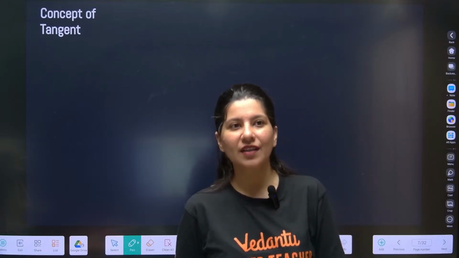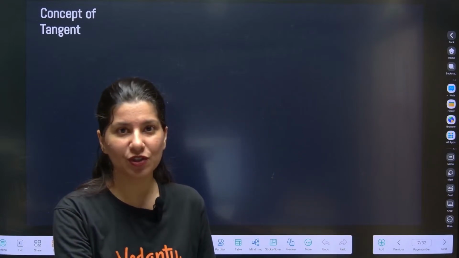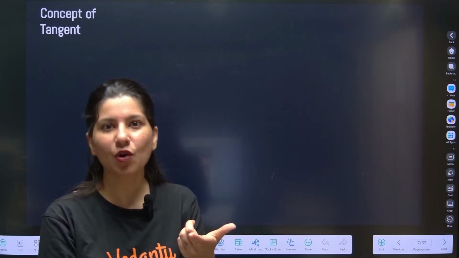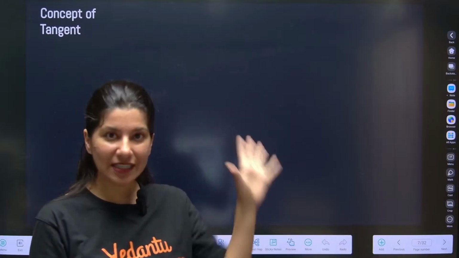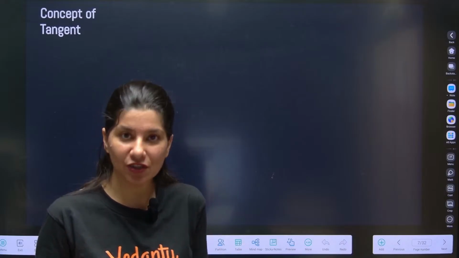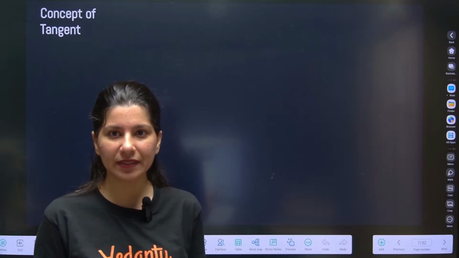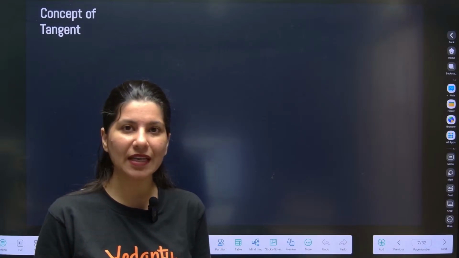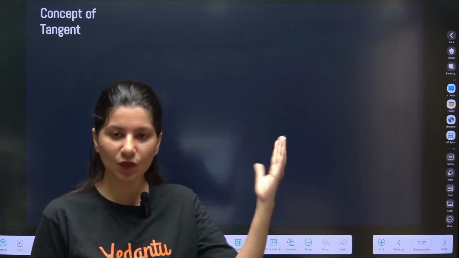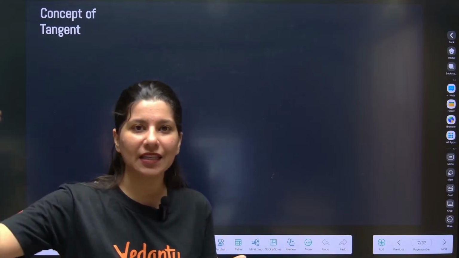Sometimes, especially for JEE Advanced, your concept should be clear. From where this formula comes, that should be clear. So this slide will be all about deriving the condition of differentiability, or you can say the first principle of differentiability. The formula will be helpful in the class 12th board examination also, not the proof. And once you understand that, then we are going to keep on applying.